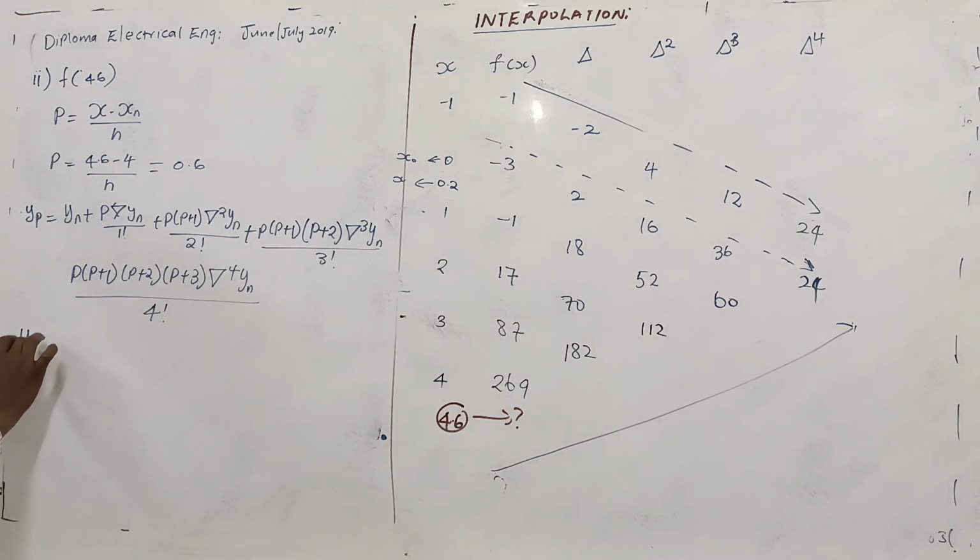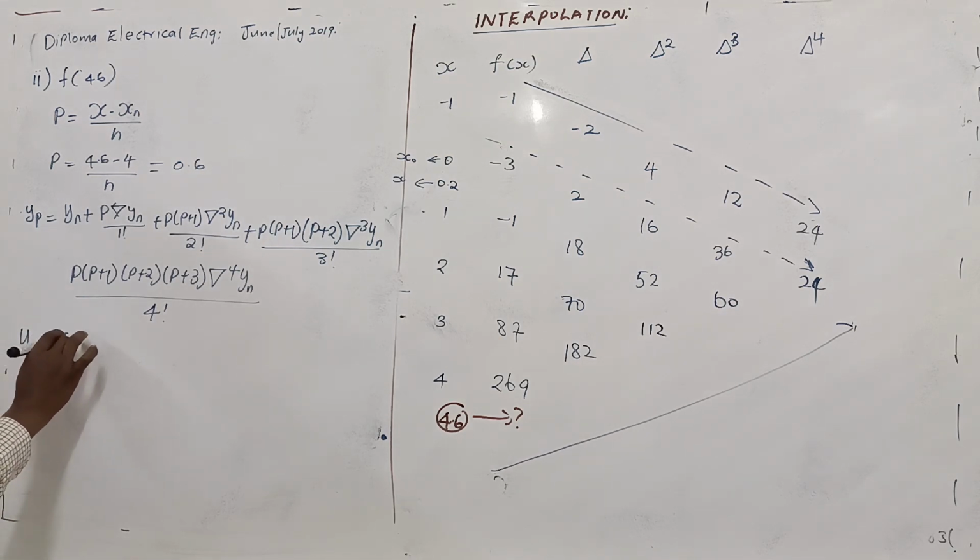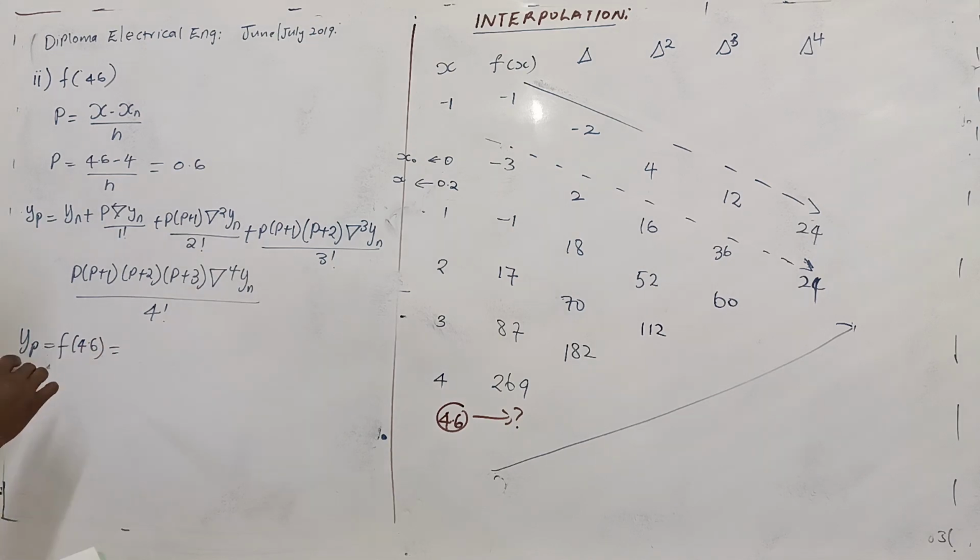Our yp, which is f of 4.6, is equal to, now our yn